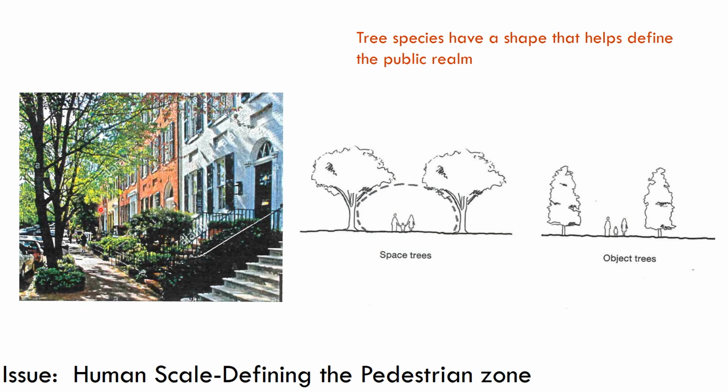We also can notice in this image how important the trees are to form this space along the sidewalk and this transition between street and the unit. Trees are very important, especially their shape. So here we see trees that have a shape that tend to make this outdoor room. Whereas here, the trees are not so much doing that. They could be fine specimens, great trees, but it's not doing the same kind of thing. So the choice of vegetation in urban areas is especially important in considering this.